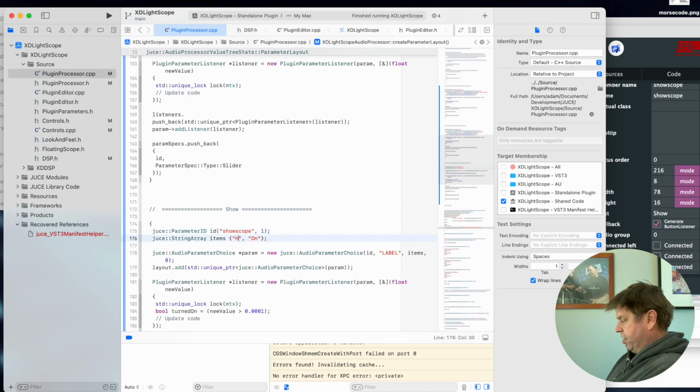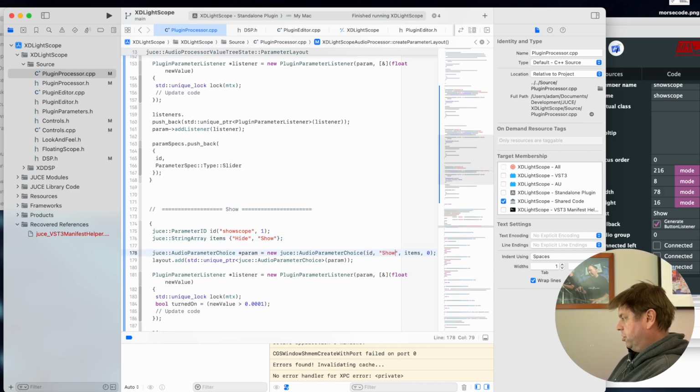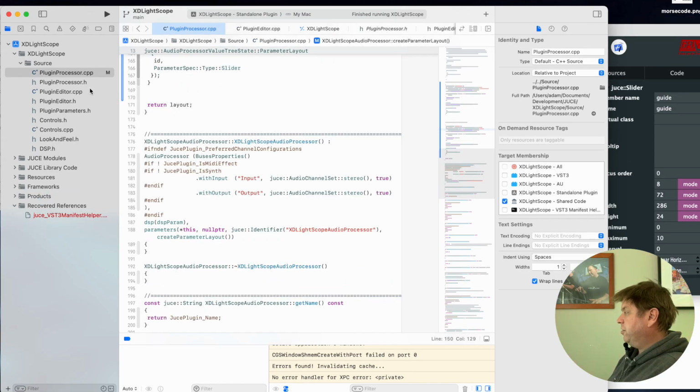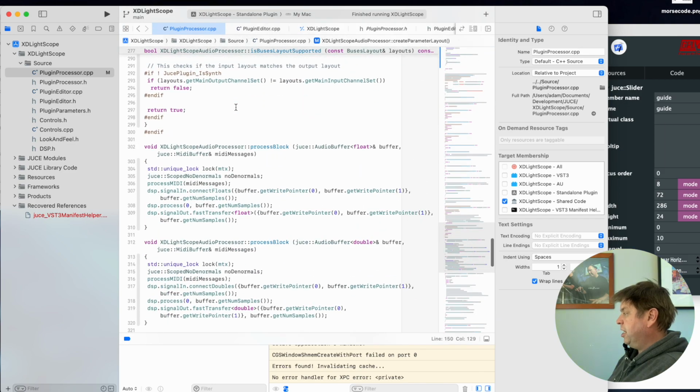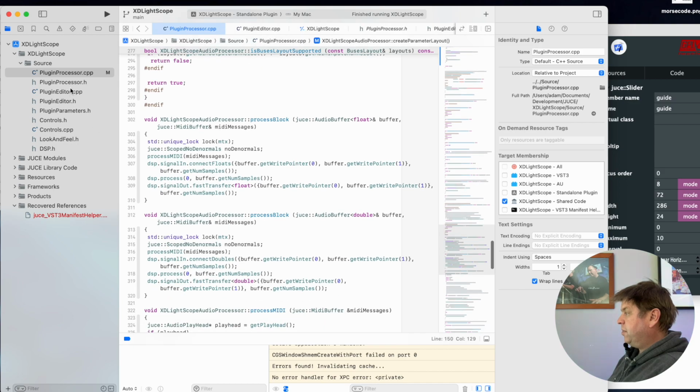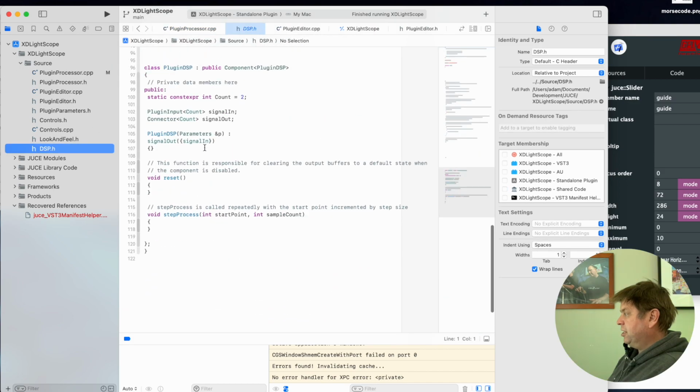We'll make the default action to be hide and show. Label, show, scope. Very good. So let's copy over the processing code. Now in the template here, it's already created a DSP section